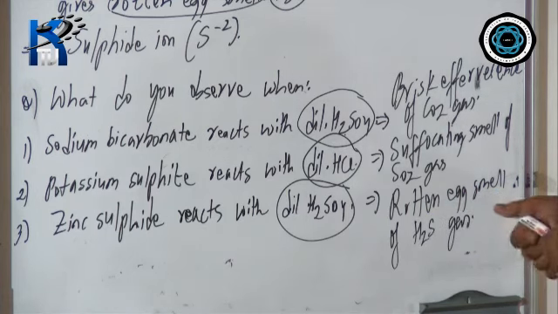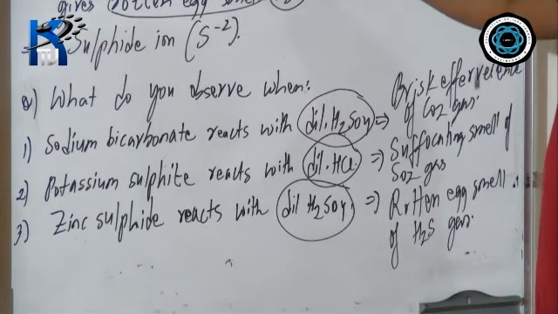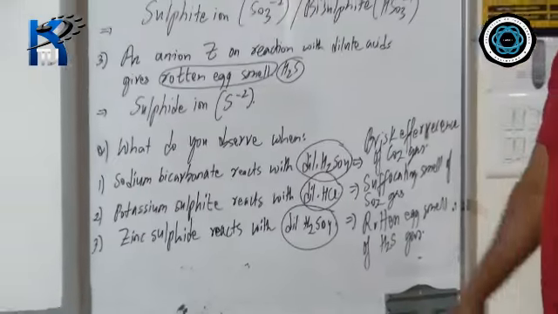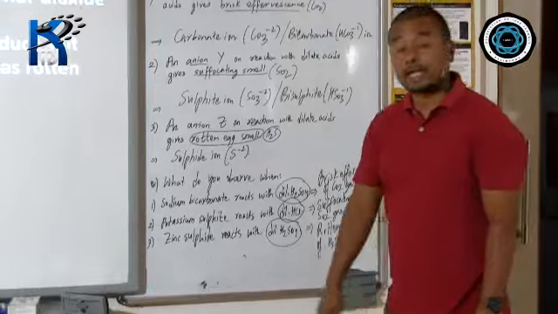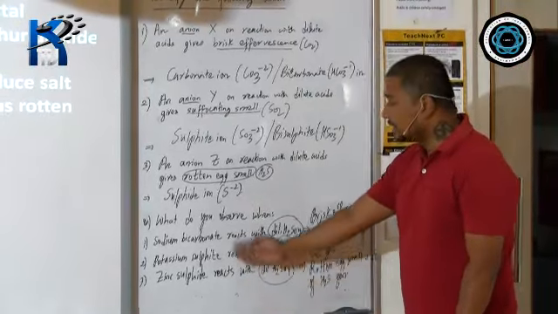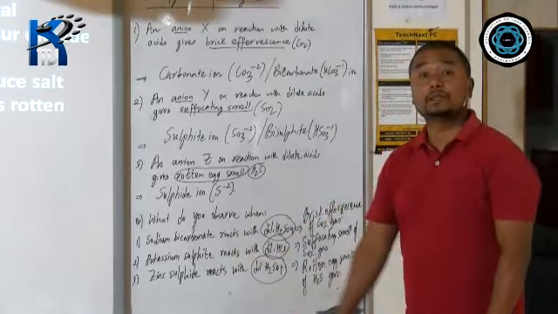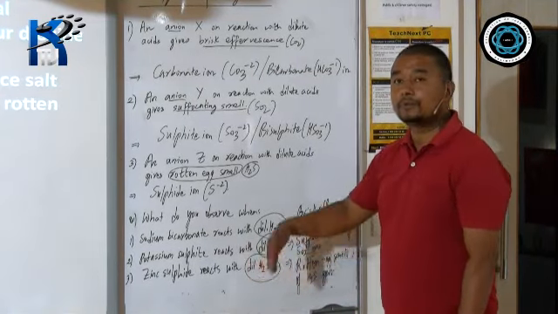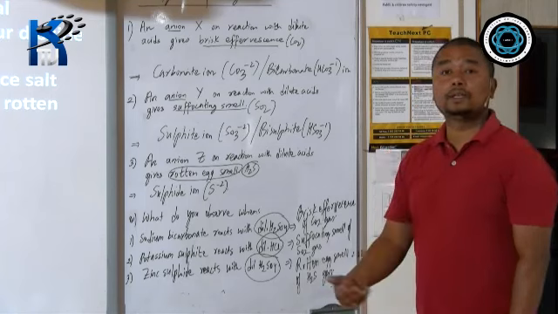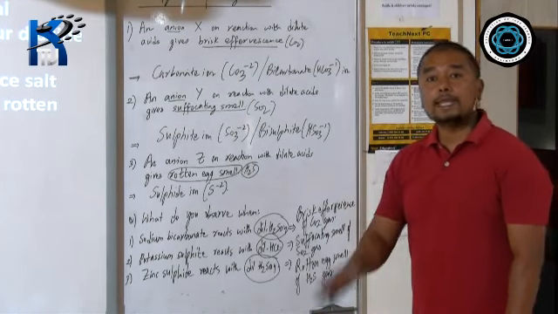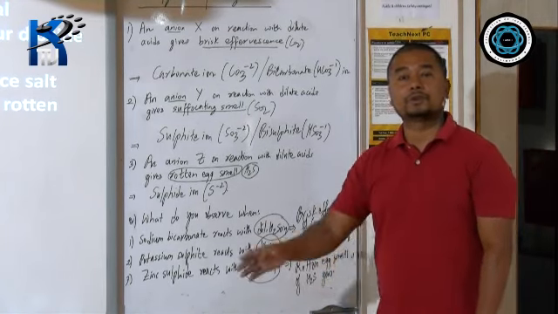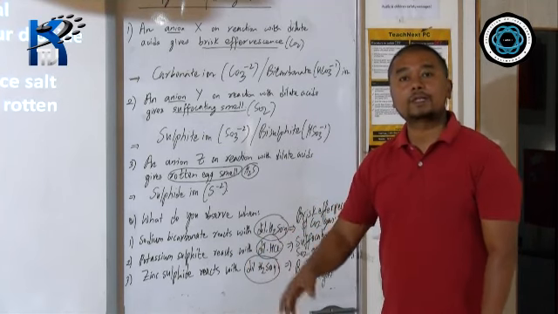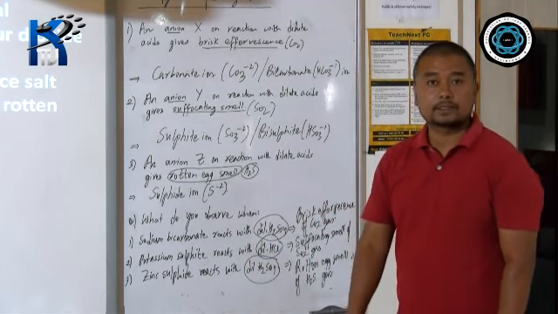Okay, so these are the two patterns. Number 1, you have to identify anion. This is how you're going to identify if you know the properties of acid. Next question is what do you observe, where you have to either predict the smell or the colors. And third variety of question from this property usually comes in balancing the equation. So any base reacts with any acid to produce salt and water. Acid reacts with metal to liberate hydrogen gas.